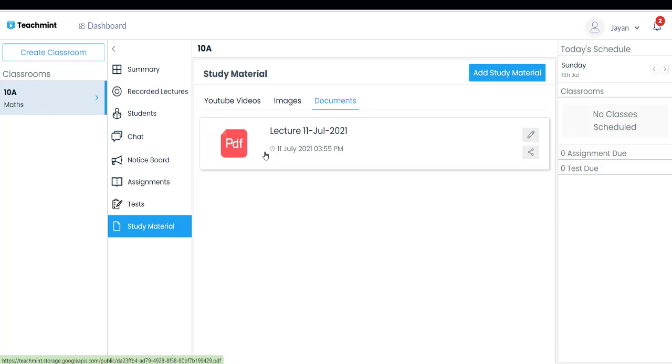Okay, when a student opens his classroom and goes to the study material, at that time he can see whatever the teacher taught on the whiteboard, and everything he can see by clicking here. So automatically this whiteboard will go to the students, and the teacher should remember, don't rub anything you do on the board, take the next board and do everything on a separate board. Okay, don't rub and do, and whatever is there on the board, when you close, it will go to the students automatically. So it is very helpful to the students also.